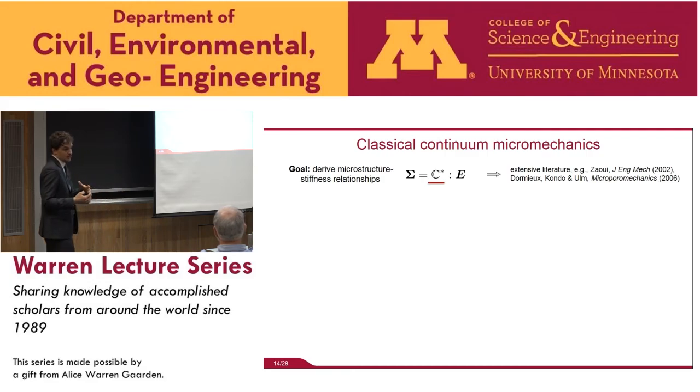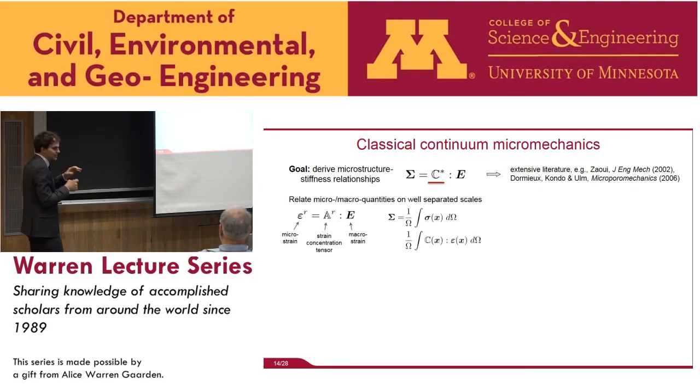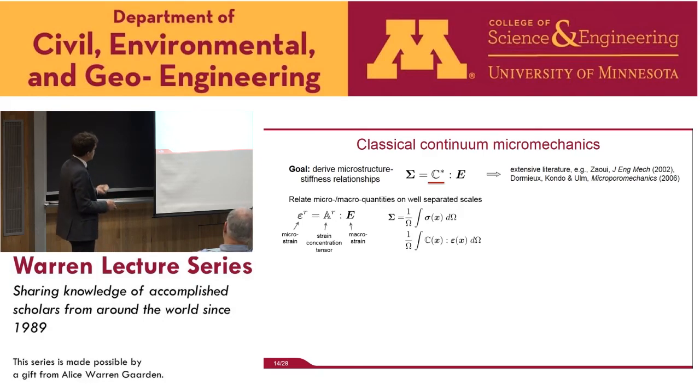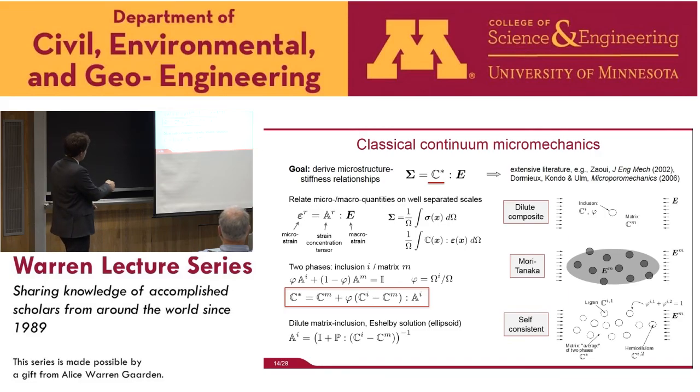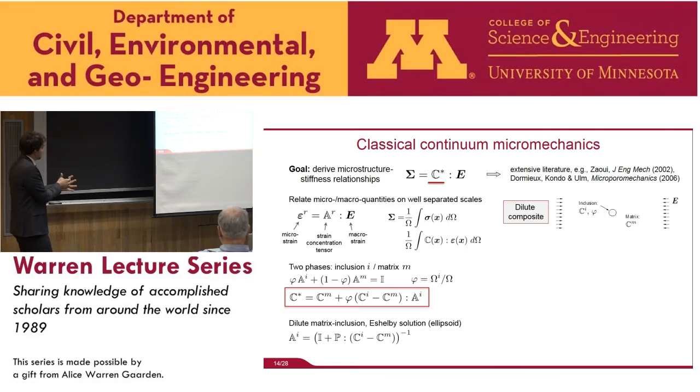microstructure-stiffness relationships in terms of elasticity tensors that give us a relation between macroscale stress and macroscale strain, taking into account microstructural features. I want to very briefly outline the basic components of this. Cornerstones of this theory are averaging theorems over so-called representative volume elements. Another very important component is the so-called strain concentration tensor that connects macroscale strain to microscale strain. What we obtain are these microstructure-stiffness relationships in terms of material properties of the microscale components and this